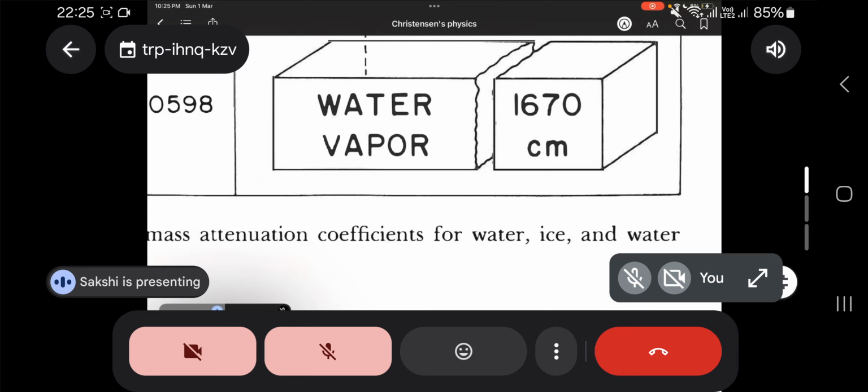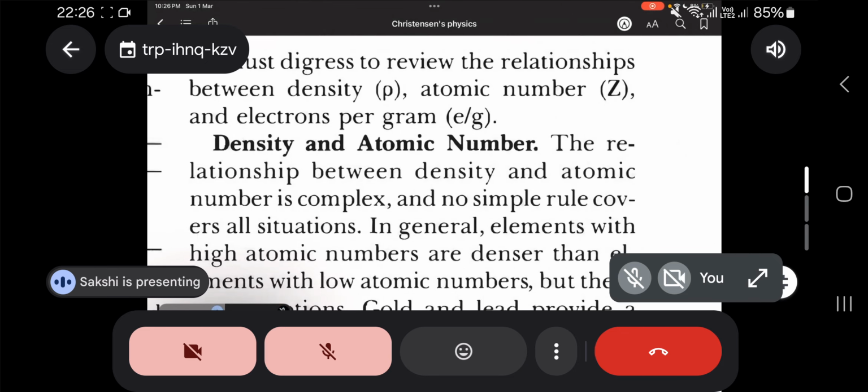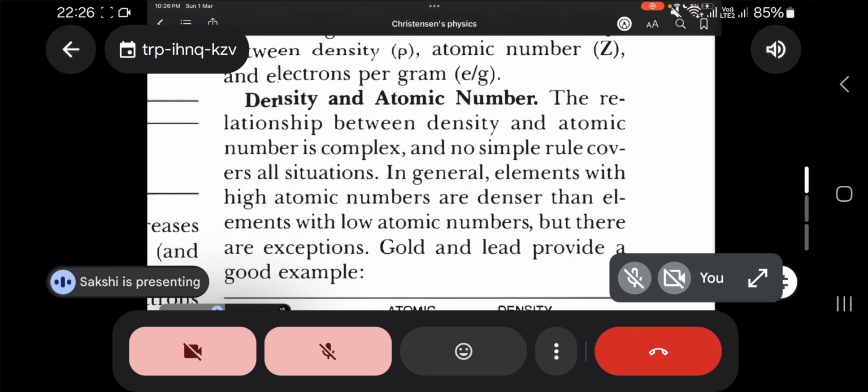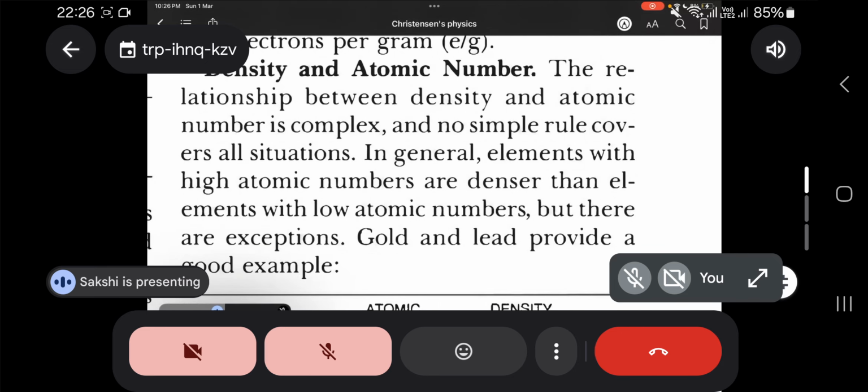Suppose there is a very fatty, obese patient, and there is a patient who is 40 kgs. Who will be more dense? Higher the atomic number, higher will be the electrons in the shells, and higher will be the density. Understood? This is ghanatva in Hindi. Very dense forest, very dense fatty layers over the patient make him obese. Then obviously attenuation will be more. That is why you have to increase the kVp and mAs for those patients.